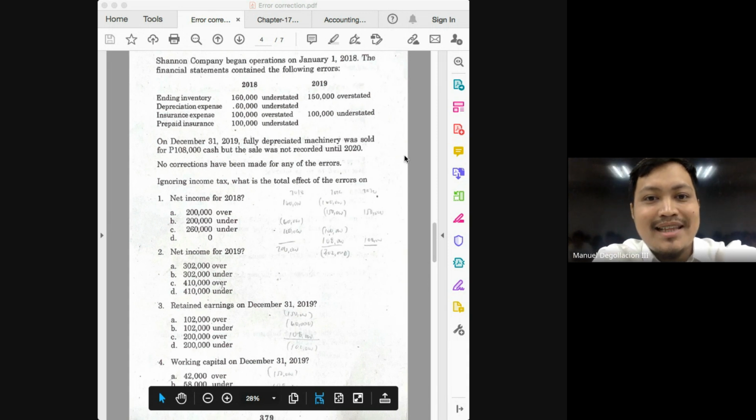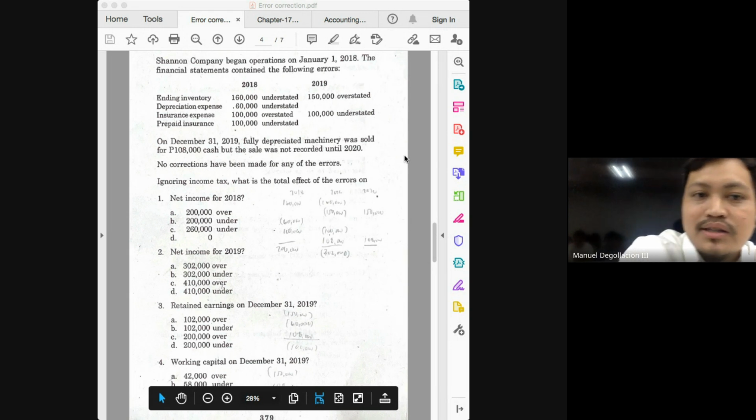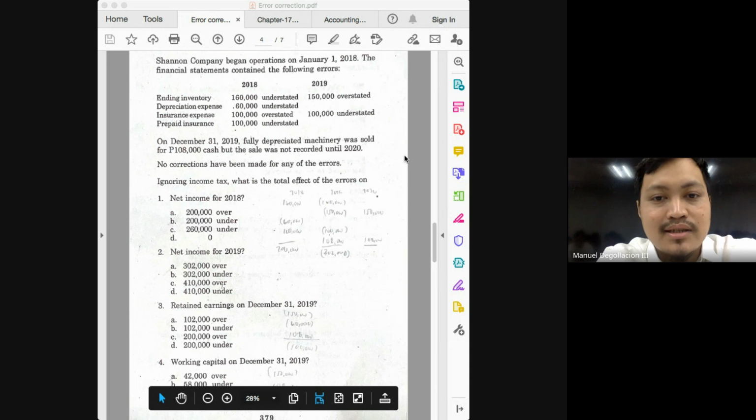2019, what do we have? Ending inventory is overstated. So that means the amount deducted to your TIGAS is overstated. So that means your cost of goods sold is understated. So that means your net income is overstated. But again, what do I want you not to forget, class, especially if you're dealing with a subsequent year? Do not forget that the misstatement in the ending inventory in the previous year will serve as a misstatement in the beginning inventory for the current year. So aside from the 150, what else will we have? We will again have the 160. Okay?